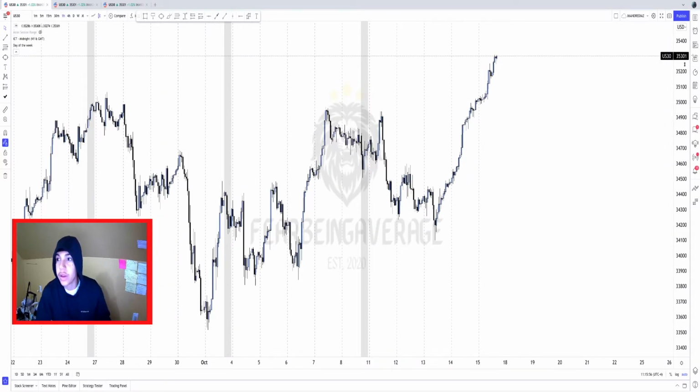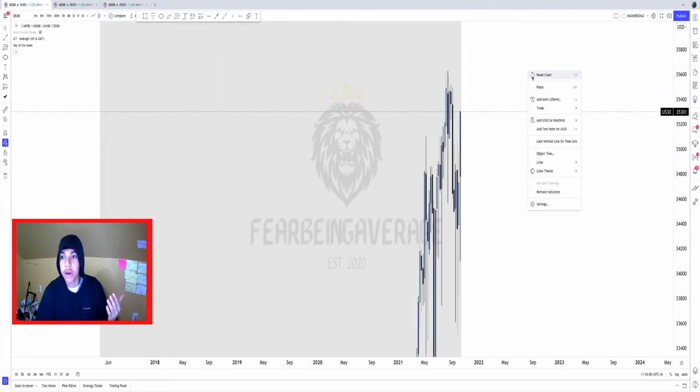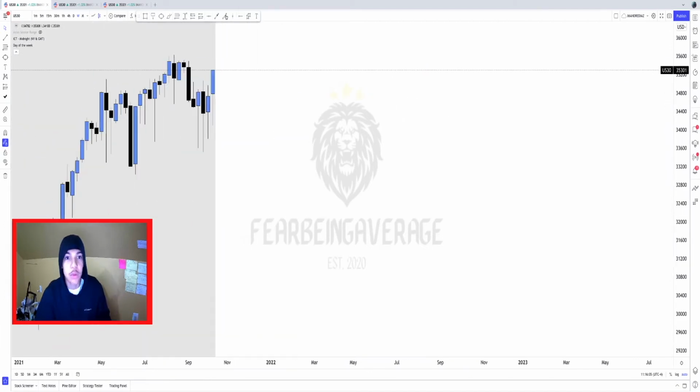This is when the higher time frames are having a major move. So for example, I'm going to go to the weekly right now. I'm going to show you why price was expanding so much. I know it was expanding so much because if you look left, you see that we were overall at this